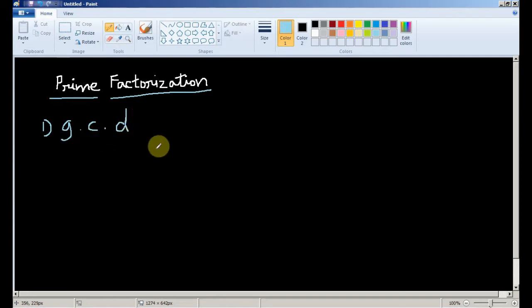It means a particular number that divides two numbers perfectly. But that has to be the greatest number, and there should not be any number greater than that. For example, if I take 2 and 4 as two numbers and I want to find the greatest common divisor between these two, which is a number that divides both 2 and 4? It is obviously 1. So 1 can divide 2, 1 can divide 4, right? But that doesn't help, because this is not the greatest number.